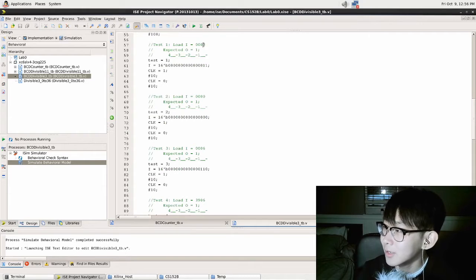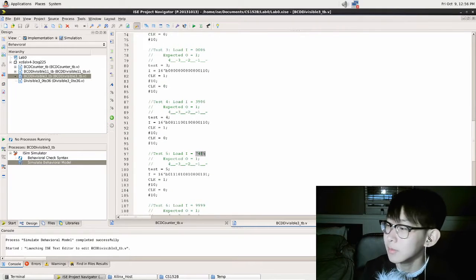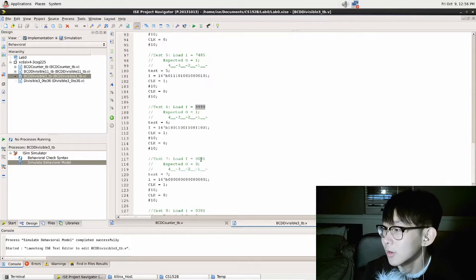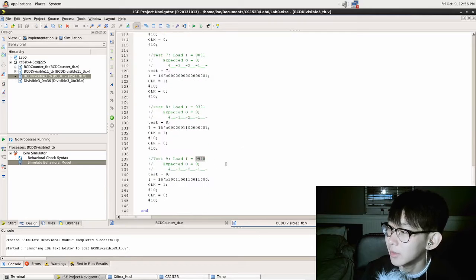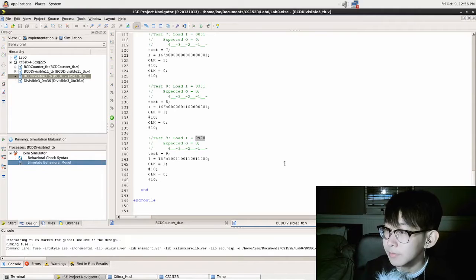We're testing inputs of 3, 0, the minimum, 6, 3609, all of these divisible by 3, 7485, and 9999, which is the maximum. We're also testing a couple of non-divisible by 3 numbers: 1, 301, and 9998. What we should see is the output go from high to low for the last 3. And if we simulate it,